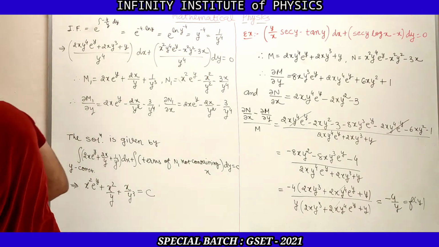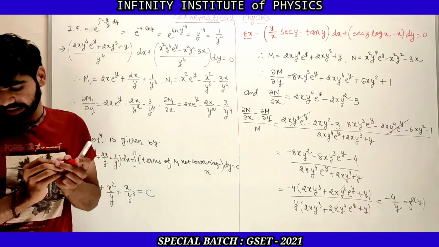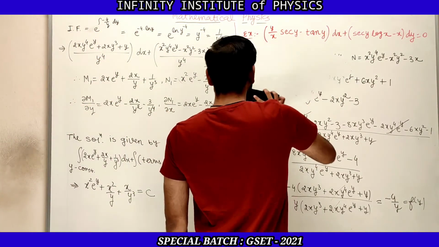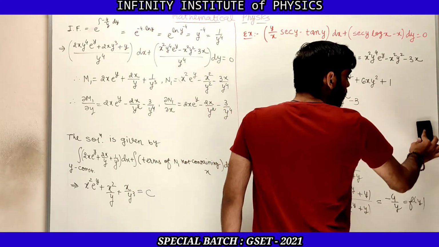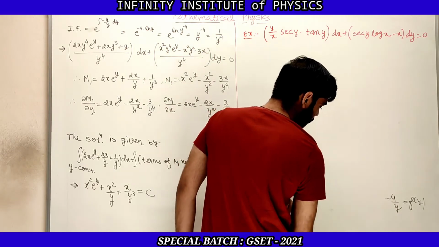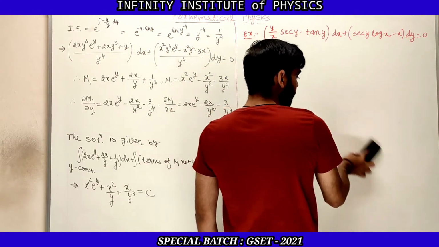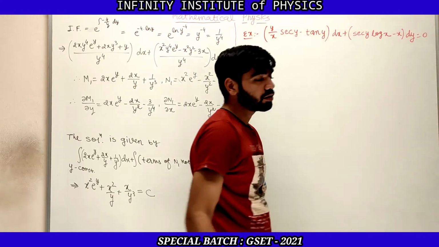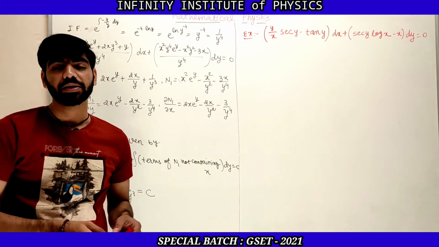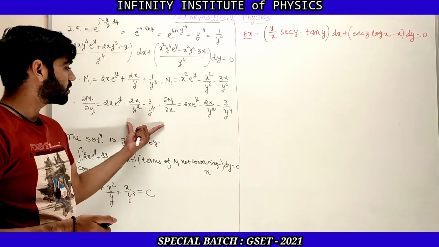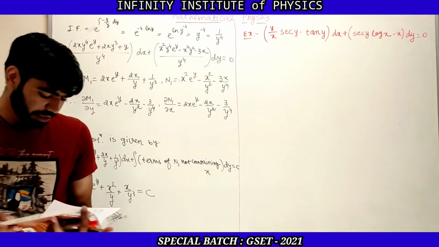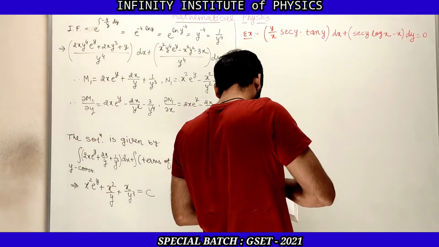So this is the example which is related to that same case, which is non-exact. You need to check whether it is exact or not. Then you need to check for the integrating factor, to find out whether it is a function of only y. If you get that function of y, then you can find the integrating factor. Then you can multiply the integrating factor to the given differential equation, convert it to exact, and then find the solution. So please write down the answer. I am giving you the answer of that question as well.